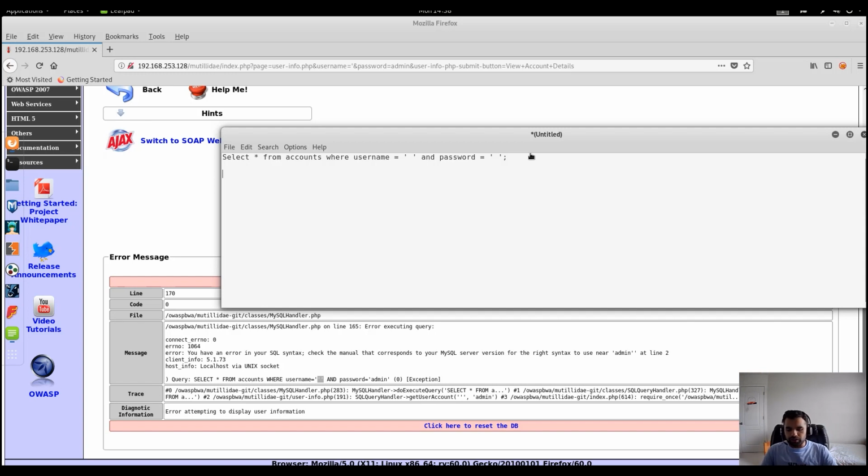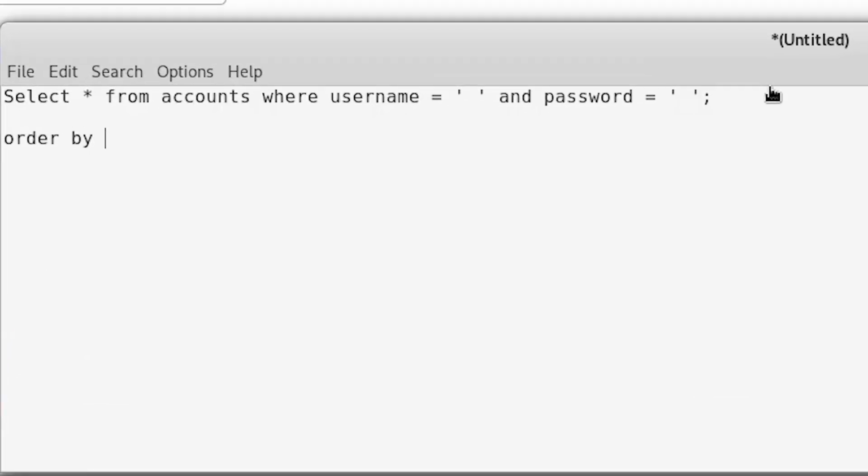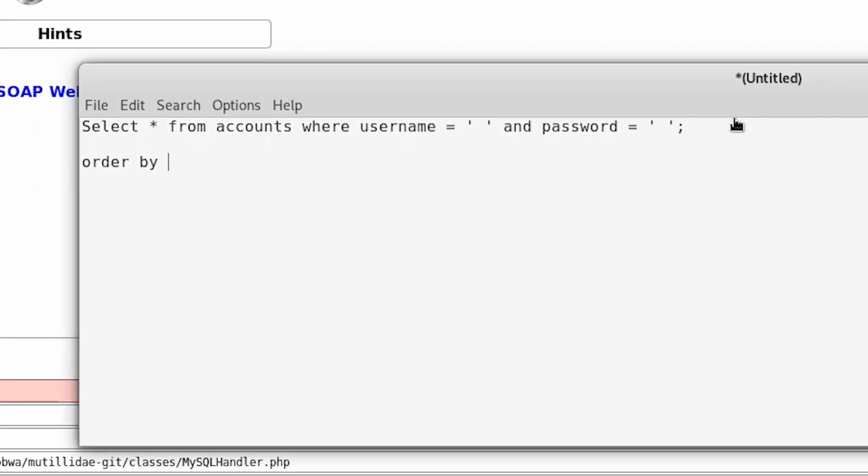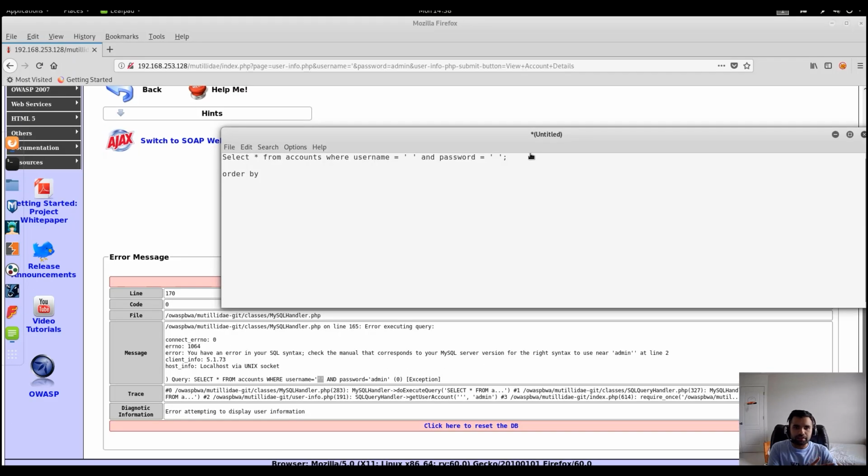For that we're going to use the ORDER BY statement. ORDER BY is mostly used to line up the records or results in either ascending or descending order. The default is ascending; you provide the column name and you can sort that way. Here we're going to use numbers.